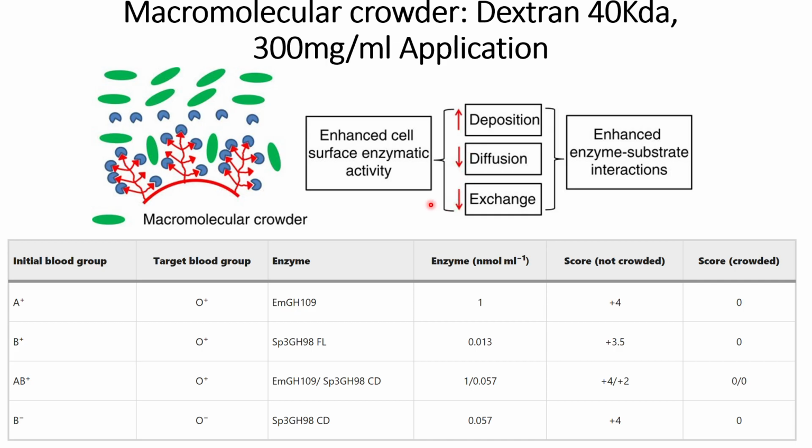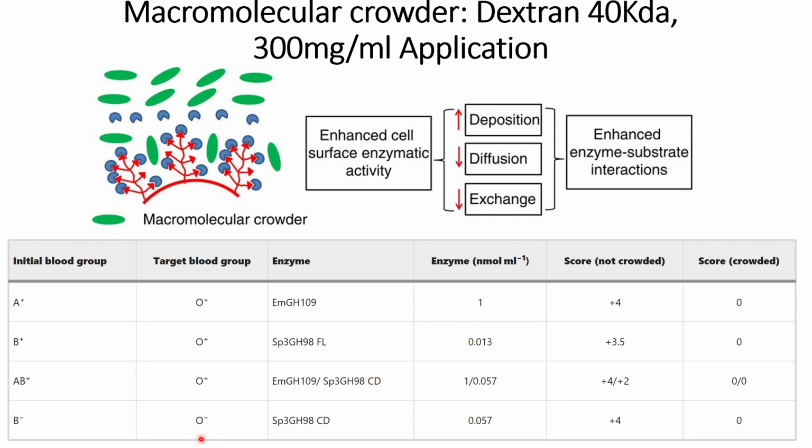And they have optimized these macromolecular crowder conditions in order to convert different blood groups into the universal blood group. The macromolecular crowder that they have used is Dextran 40 kilodalton at 300 milligram per ml concentration, and they used the following blood groups: A positive, B positive, AB positive and B negative, and their target is to convert them into O positive, O positive, O positive and O